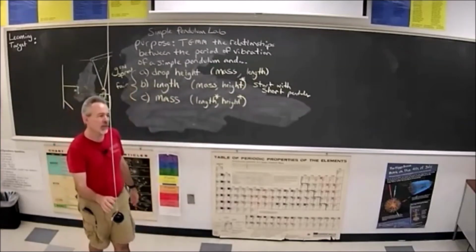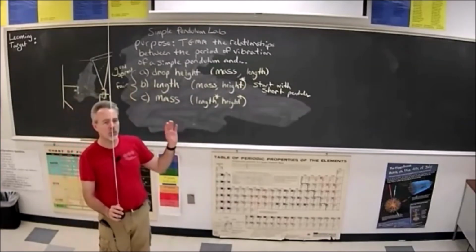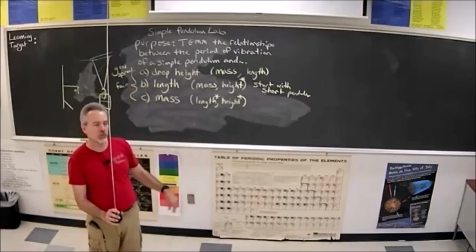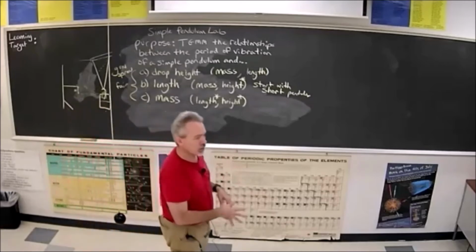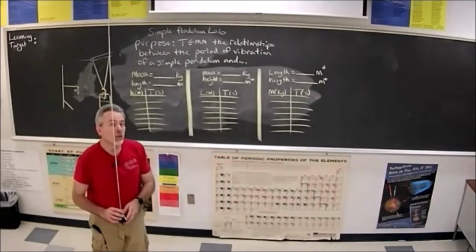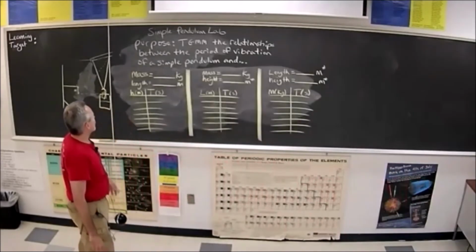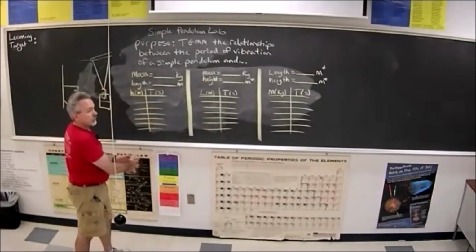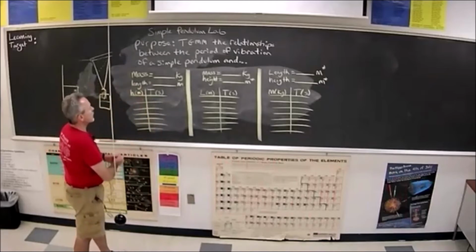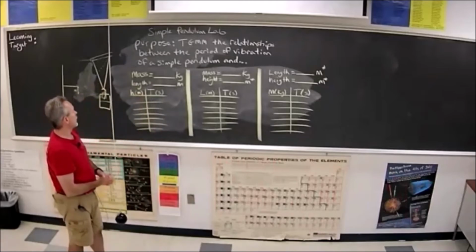All right, so the next thing you need to do is write 3 data tables. So pause the video and go ahead and write 3 data tables. Okay, so your data tables should look like this. So this is the first part of the lab. This is what I recommend doing first because it'll be the easiest one,